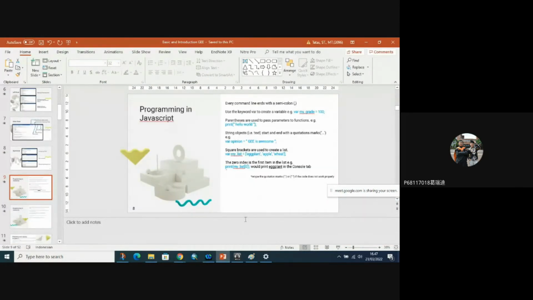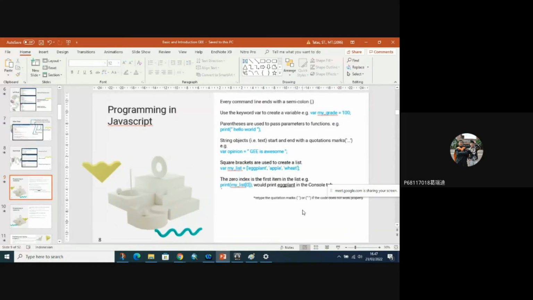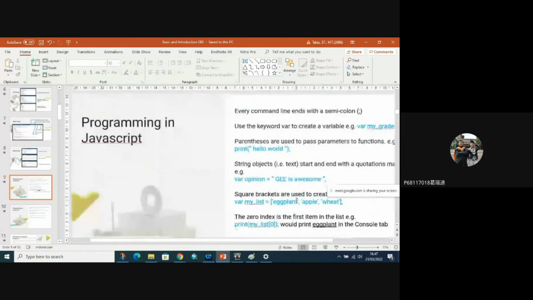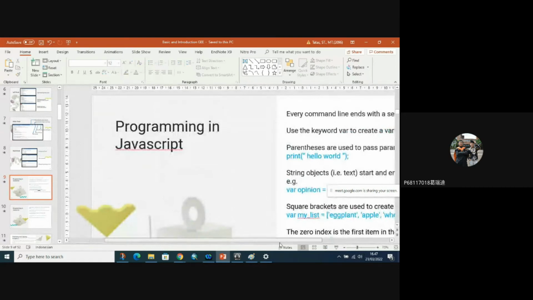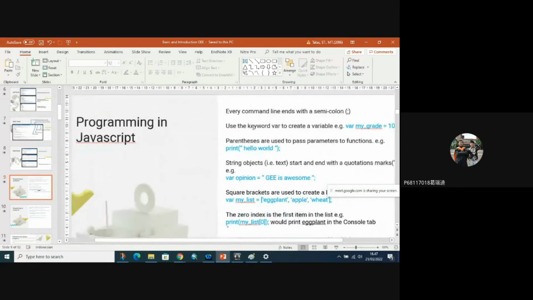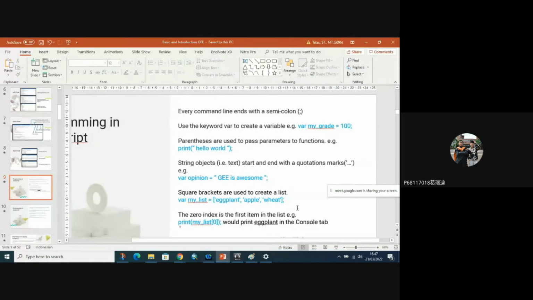Let's do a short demo using GEE. Wait, I will make it full screen. Because GEE uses JavaScript, every command line ends with a semicolon here. So let's start by using the keyword var to create a variable.